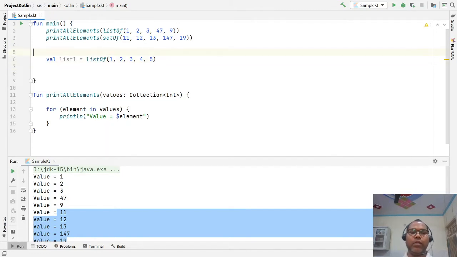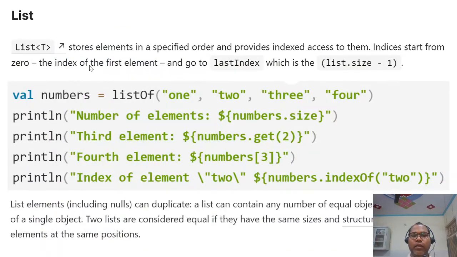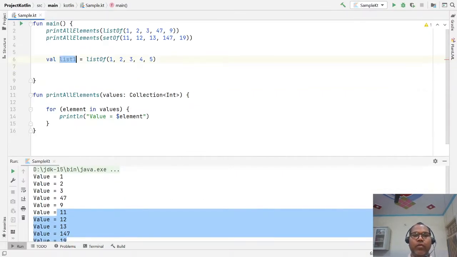This is how a list is declared. If you want to find the size of your list,